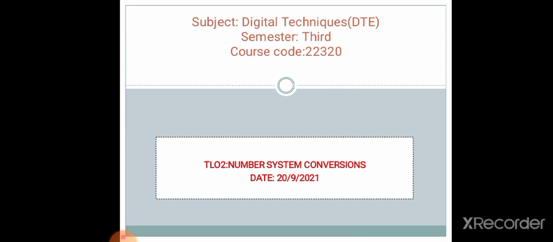All of you now know how to recognize a number system, how to read a number system, how to put the weights in that number system, right? In this lecture we will see number system conversion, meaning the four basic number systems we have seen. Now in this lecture we'll see how to convert each number system into the remaining three number systems.